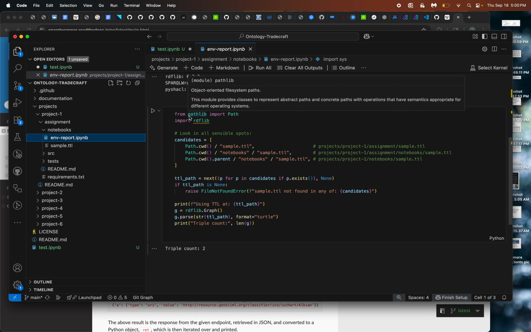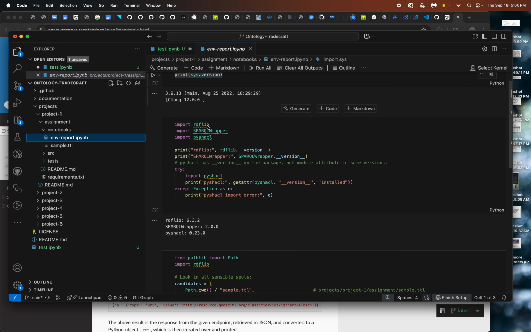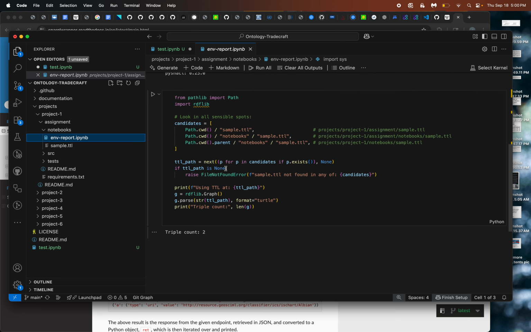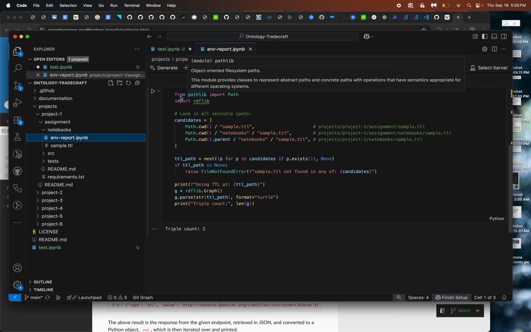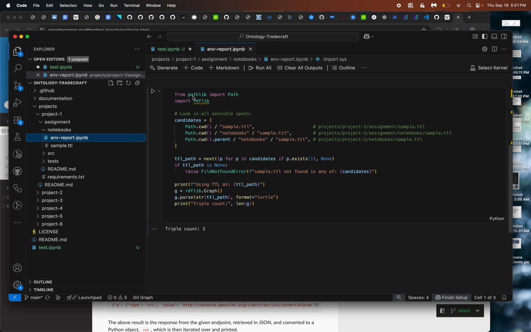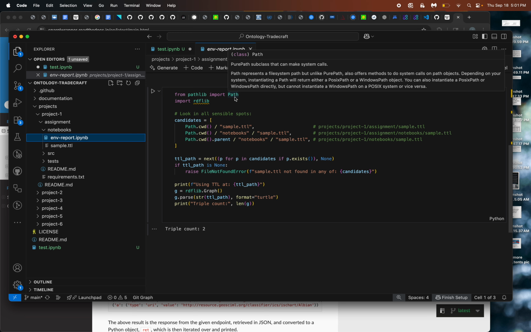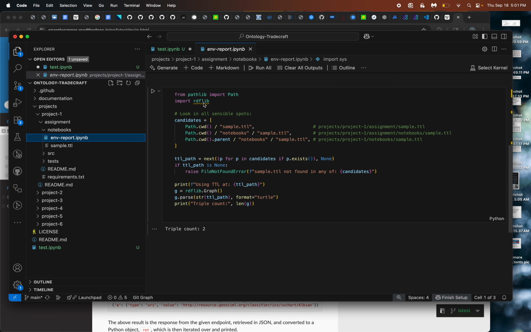And what this little code snippet does, as you see, it's right below this one that I was already showing you. What I've done is I've imported from this path library, which is a file system. It's like methods to call in path objects, basically a way to identify where things are living on your hard drive. And it also imported rdflib here